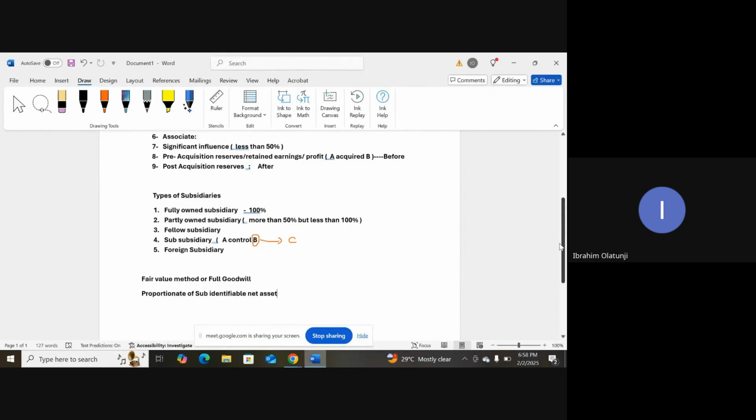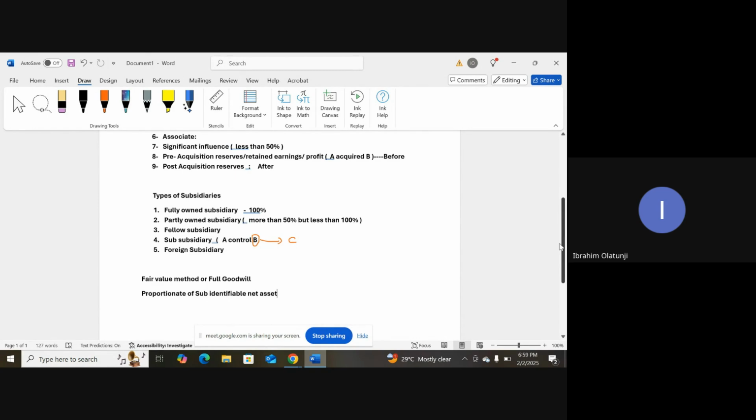Then that NCI should always be measured at fair value, provided the following condition that I want to mention. I said if the policy of the company is not expressly stated by the examiner, then that NCI needs to be measured at fair value,